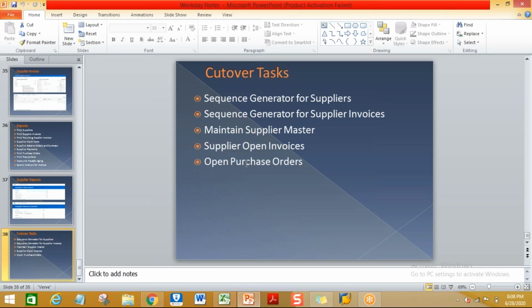Here you have to load supplier masters, supplier open invoices, open purchase orders, and open goods receipts, and move all those to the new system. So this is all about the supplier process.